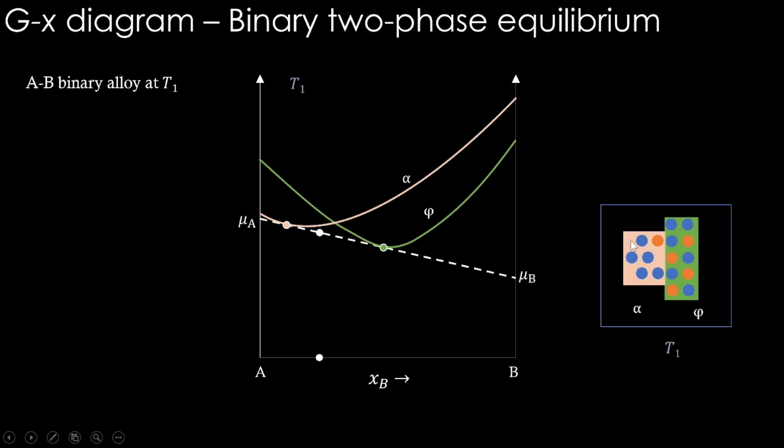What if we go to a different temperature, T1? At that temperature, in this furnace, you see inside we have two phases, alpha and phi. Why? Because the Gibbs energy versus composition plots are like this. They are intersecting, therefore there can be a common tangent, and this particular composition, 0.25 mole fraction of B, lies within this two phase region. So its Gibbs energy is here, and two phases, alpha of this composition and phi of this composition, will be in equilibrium. Now, this is familiar to us.